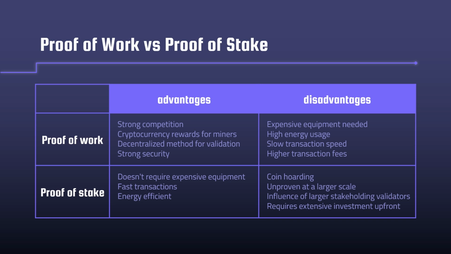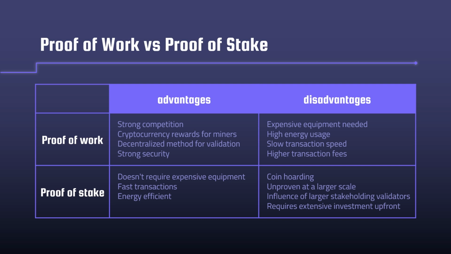We have a table comparing and contrasting two consensus mechanisms used in cryptocurrency. Proof of work is the traditional method used by many cryptocurrencies, including Bitcoin. In proof of work, miners compete to solve complex mathematical puzzles in order to validate transactions and add new blocks to the blockchain. The first miner to solve the puzzle wins the right to add the block and it's rewarded